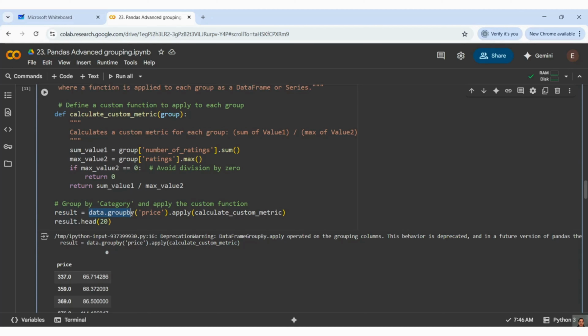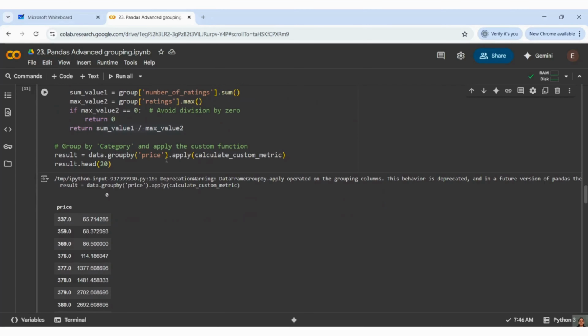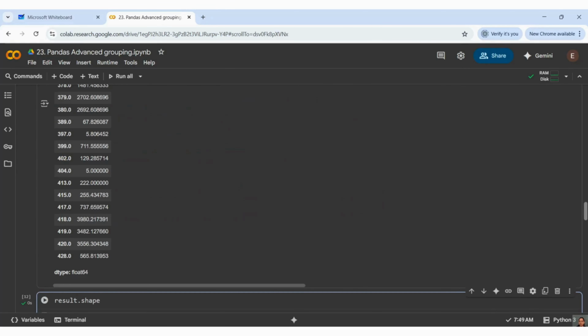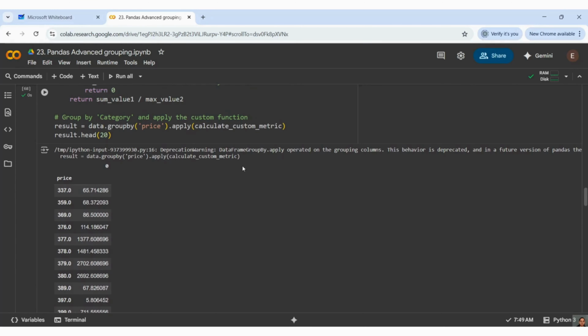However, I am taking data dot group by price. What is my price? It's going to give me the values in ascending order by default. And I am applying this metric with dot apply, and it is going to give me some metric value, whatever the output of sum divided by max. Now let us see that output. You can see it is giving me the group by price.